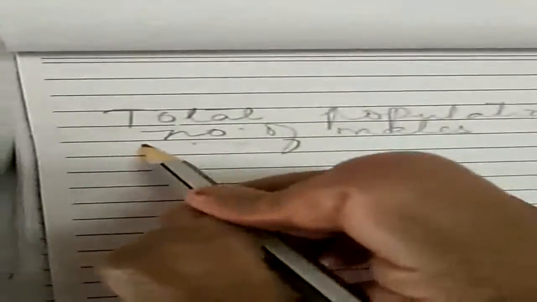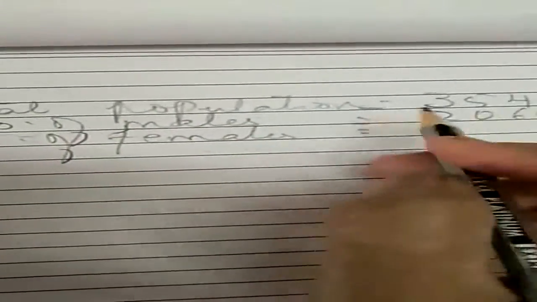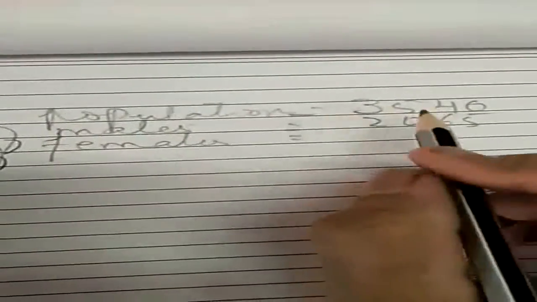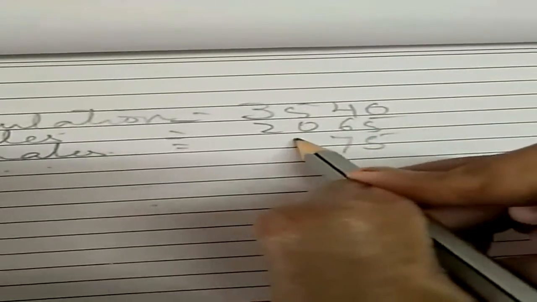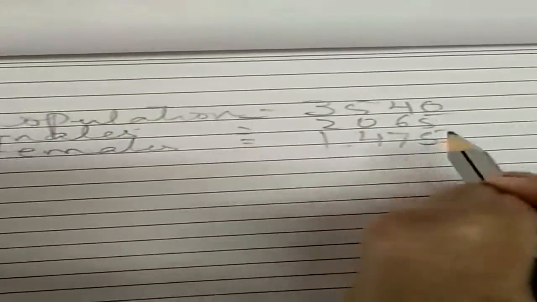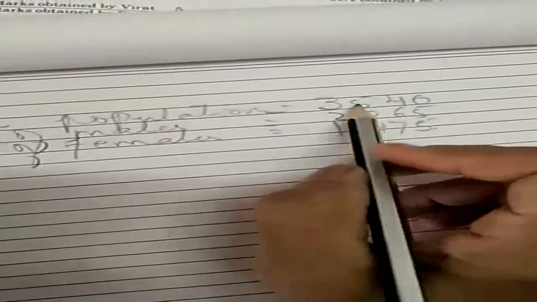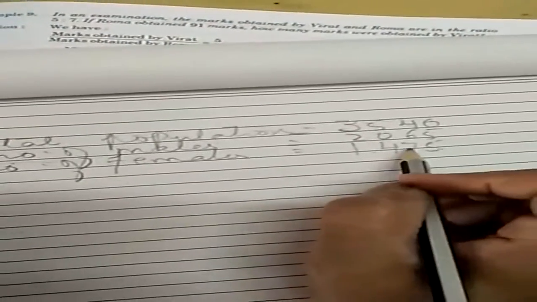Now how many will the number of females be? Number of females, okay, males means gents, females means ladies. That is genders. You should know about all that, males and females. Minus this. See, you know how to minus. It's okay. 1475 are females. You just minus it and get it. This is from the total population. If you minus males, then you will get the number of females.